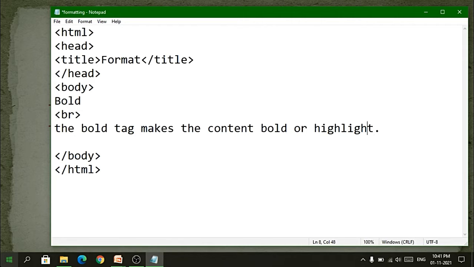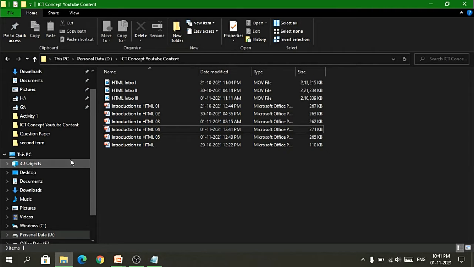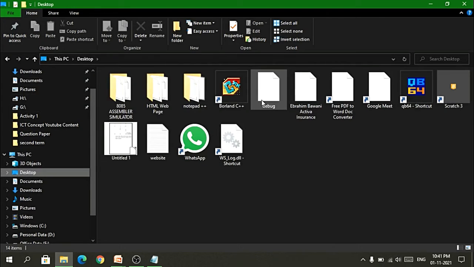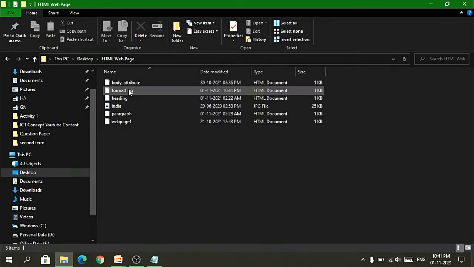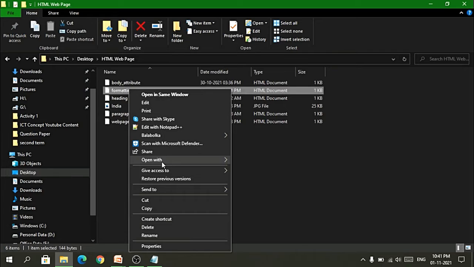So what I will do is use the B tag here, and I will close it here. So you can see that this part would be coming a little bit bold. So what I will do is go to the desktop, so we can always see what changes are happening. In the file, right click and open with Google Chrome.